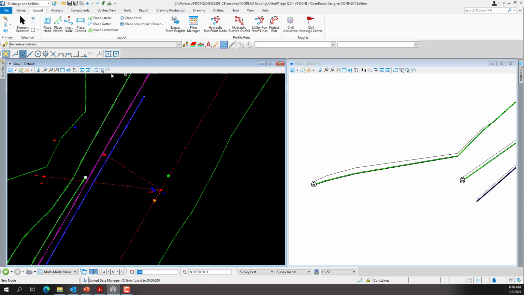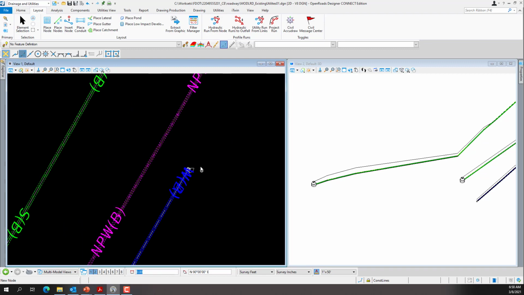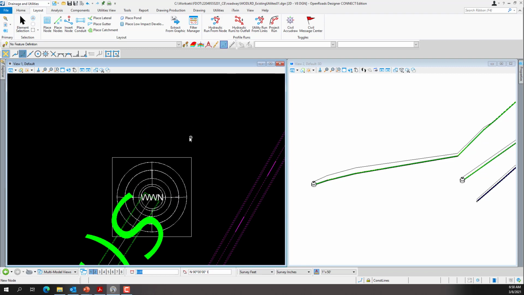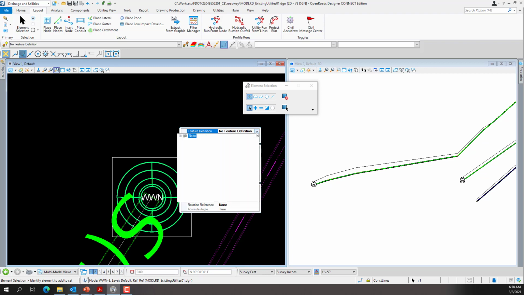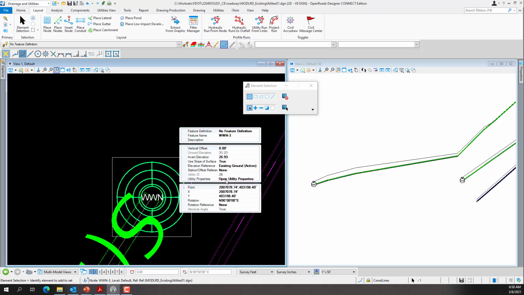And you can simply do that if you just click on, let's do it for the sanitary sewer. So in the 2D view, you would just go back to your element selection tool. We can go to the properties, so there's no feature definition set. We would just set the feature definition. And this will be explained a little bit more in the next chapter for drainage. So we go to our nodes, and this is a wastewater node for existing sanitary sewer. This could be a sanitary sewer manhole or a valve or a clean out.